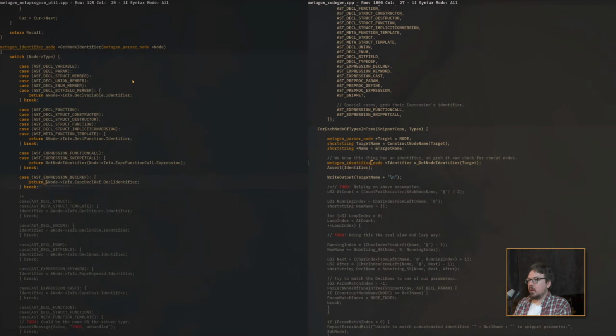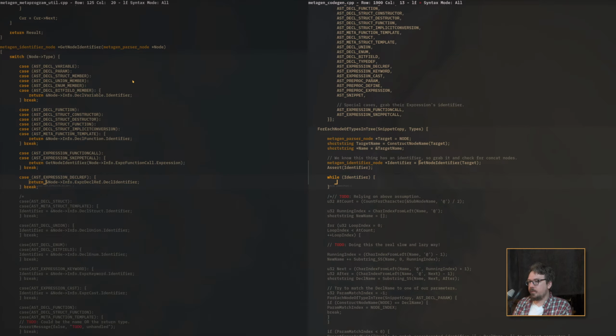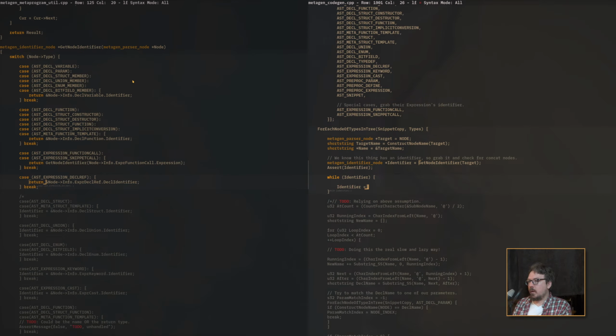Great, okay, we're still good. So, we got an identifier. So let's construct, or let's, while identifier equals identifier next, we're going to say